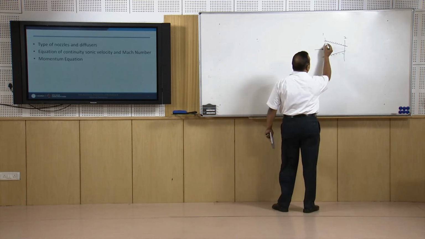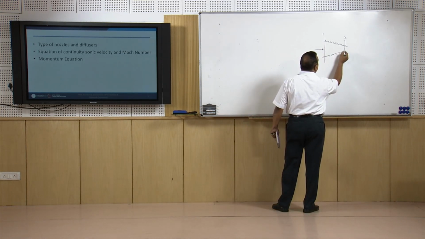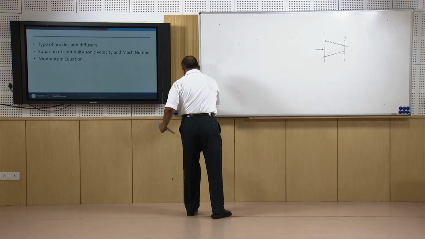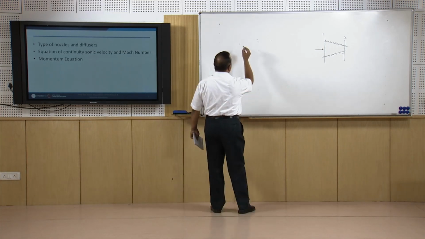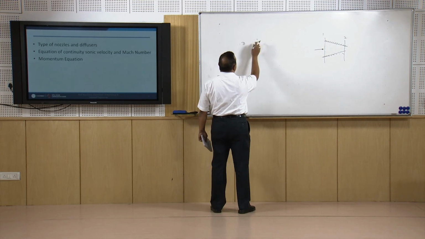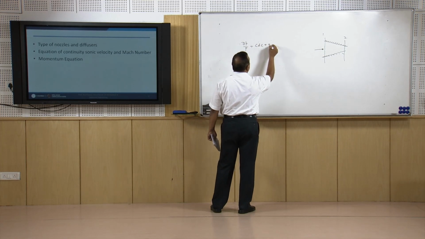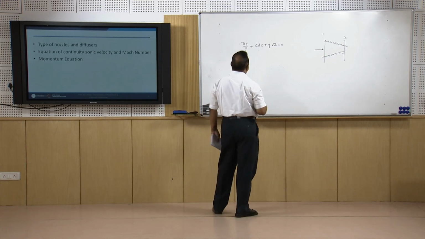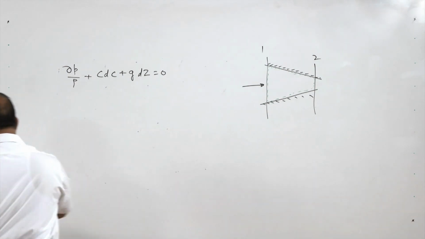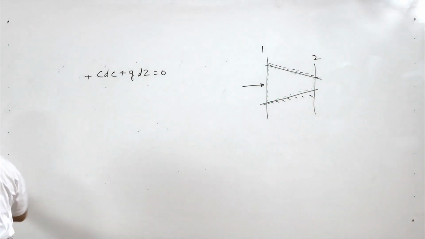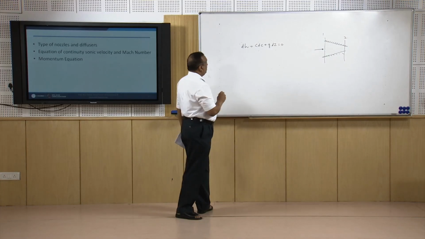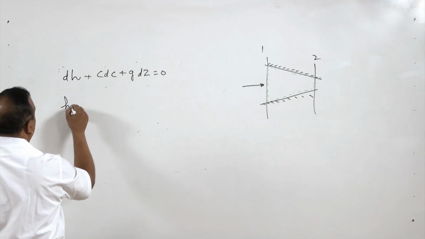Let us say this is the control volume on which our study is focused, very close to the wall. If we write the first law equation for flow, it is dP by rho plus CdC plus GdZ equal to 0. No, sorry, this is not dP by rho, this is dH. So dH plus CdC plus GdZ is equal to 0, or in terms of 1 and 2, H1 minus H2